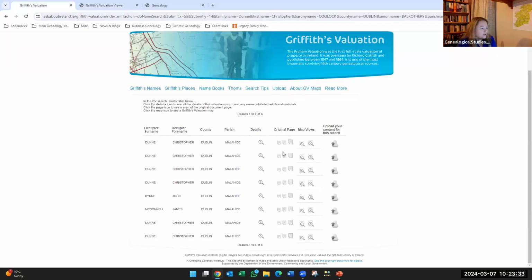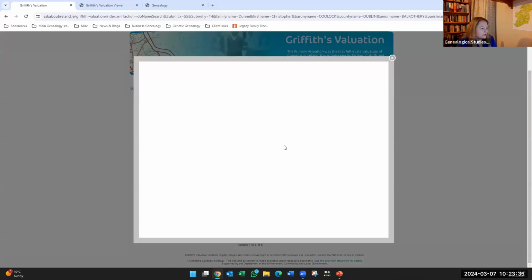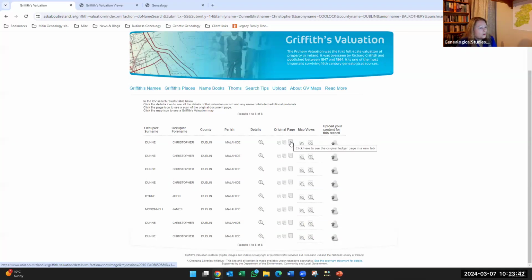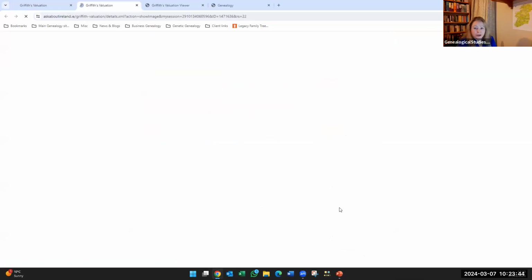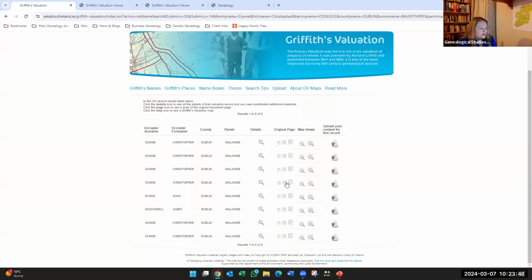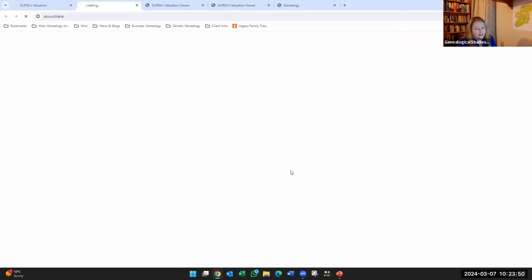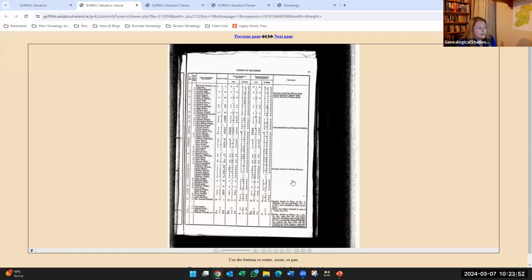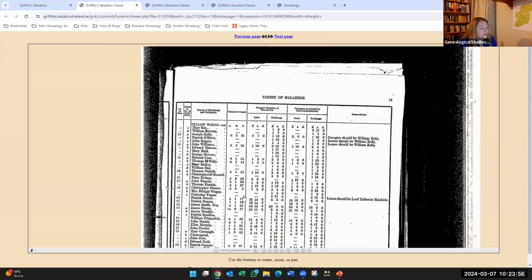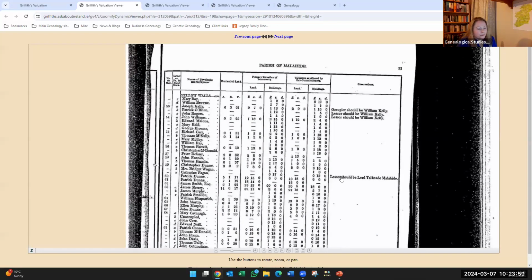Let me go back to the other screen for a second. See the one I wanted to. So what we're seeing here is that these come up in a different order every time you search them, which is a little frustrating. That's the same page. So this means that Christopher Dunn is appearing all over the place on this. And it's the same townland. Here's my Yellow Walls one there. Great. So that was in another part of the village. So perhaps Christopher Dunn has more than one property.